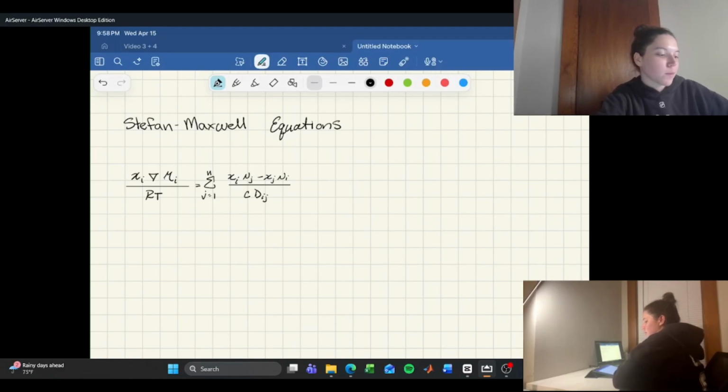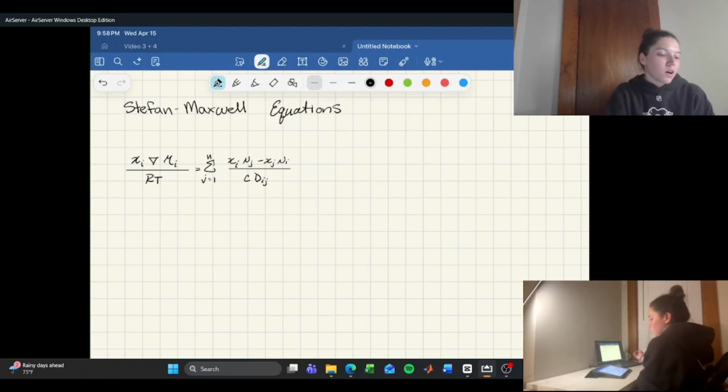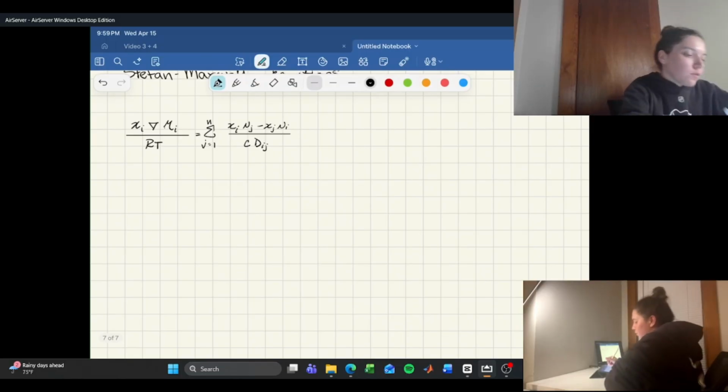So today I'm going to talk about Stefan-Maxwell equations. And Stefan-Maxwell equations are used to look at binary data, binary mass transfer data, and we can extrapolate information from that to apply it to multi-component mixtures. So looking at this equation, we have